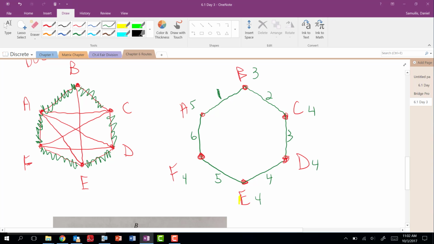Now, this is what you can't do, and I'm going to do it and then go back. Where do I have to end? I have to end at B. B only has one way back to it, right? That's all that's left. So if you did this, you are a silly, silly person. Why? Because then your next move is forced to be the B, and then how many edges didn't you use? A whole bunch. And this is what Fleury's algorithm takes care of a little bit. I got to go forward. Don't use that. Avoid it, is all I could say.